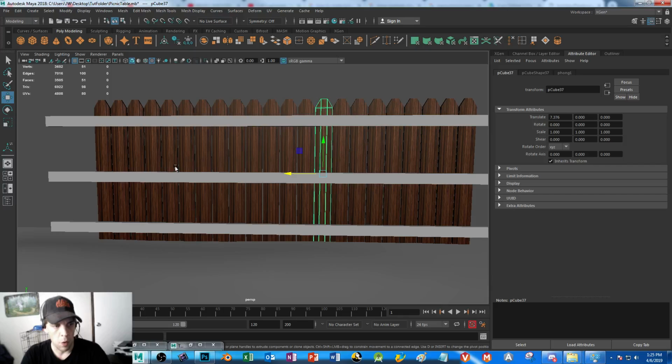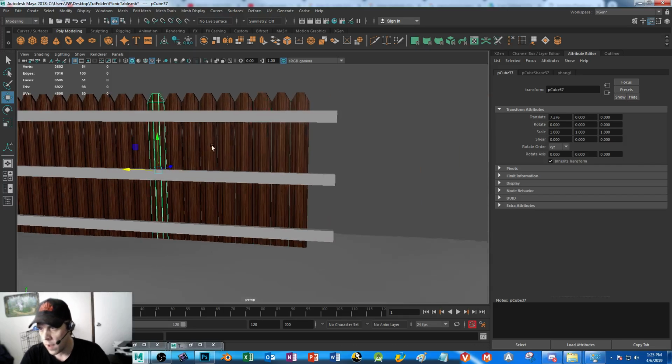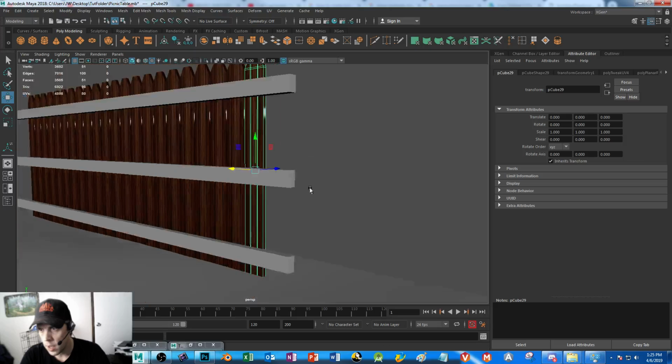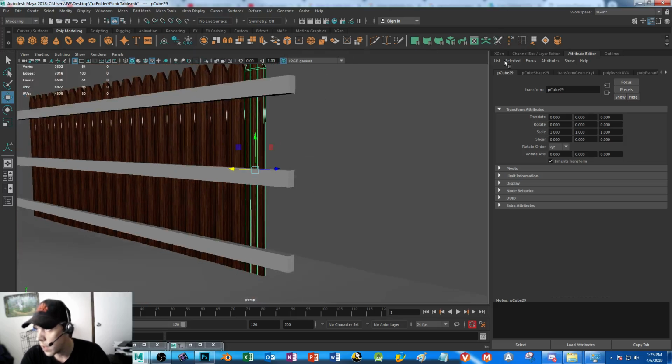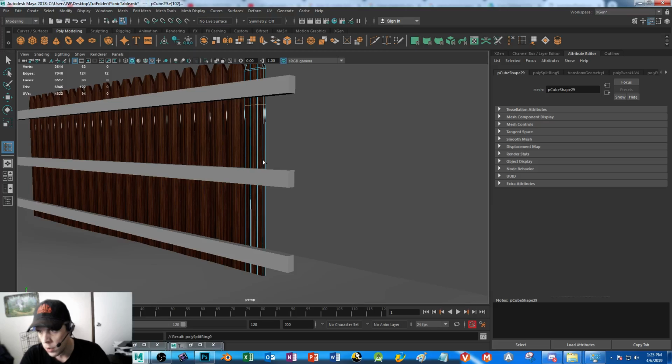If you want an old rustic look, just like before, all you'd have to do is click on a couple of these, and you just come through here and add some edge loops. For a fence, if you notice, I created above and below. The reason for that is if you click on face,